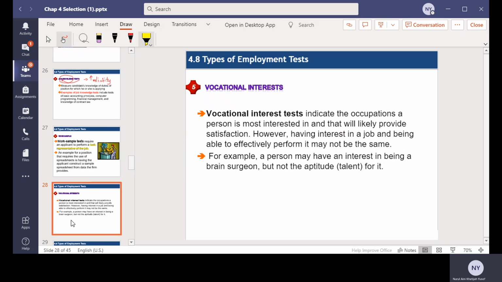And then number 5 is vocational interest. This one indicates the occupation a person is most interested in, and that will likely provide satisfaction. However, having interest in a job and being able to effectively perform it may not be the same. So for example, a person may have an interest in being a brain surgeon, but not the aptitude or talent for it. Okay, for example, let's say